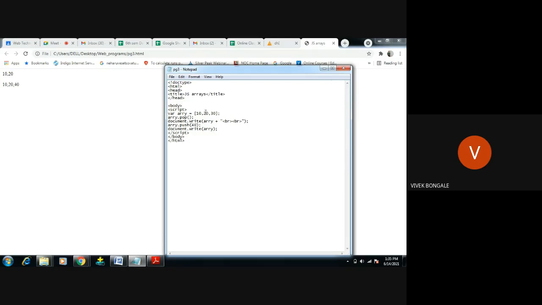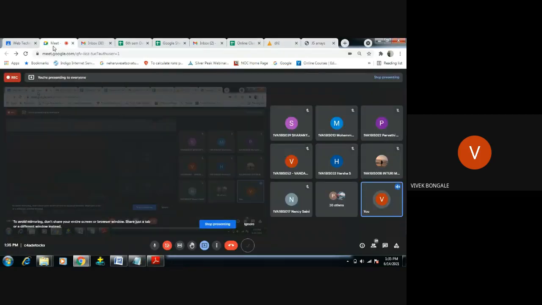We create an array object using the new function, and that object we use in the program to perform any task. Everything is considered an object in JavaScript. This is what an array is.